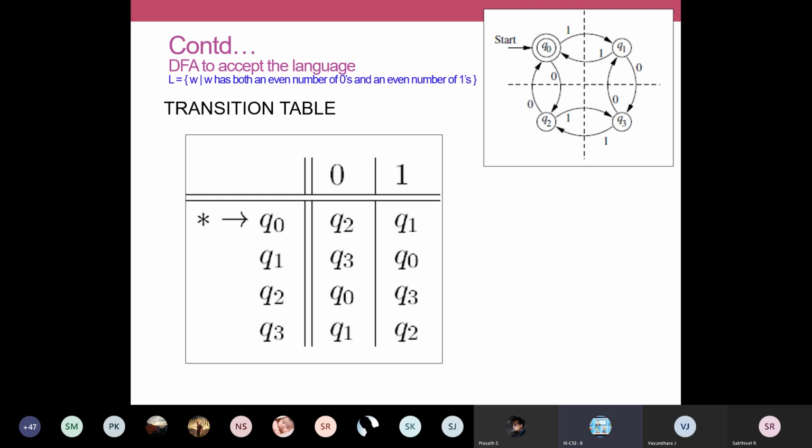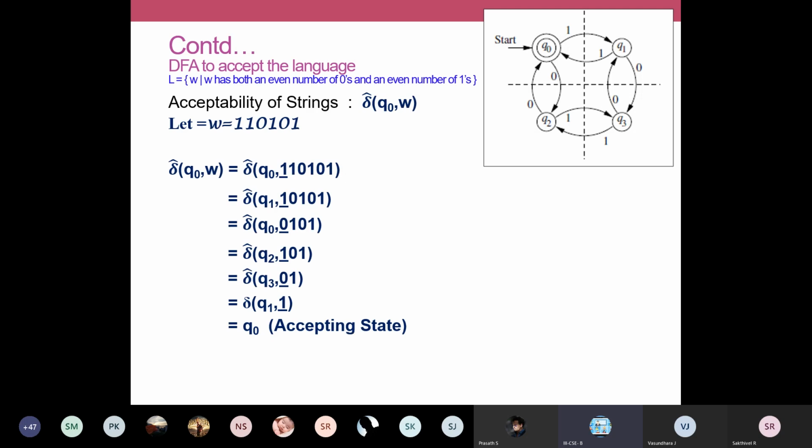To prove that this diagram is correct, we are going to use our transition function called del cap, to prove the acceptability of strings. So del cap of Q0 comma W. In the last class also, I told you the difference between del and del cap. Del is your transition function, and del cap is the extended transition function.